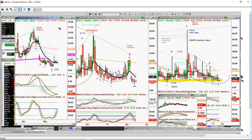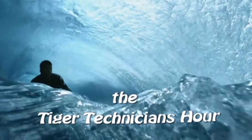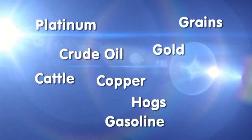I can tell you this, that if it has to break into the 1020 or 980 area, I think you will see an 85 or 100-point move in the Dow. I don't think it's going to do that. But if the VIX index closes the day anywhere near 1065 or higher, you'll see the Platinum, grains, crude oil,